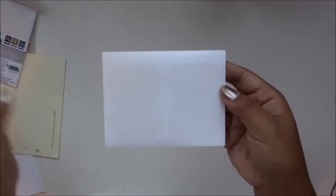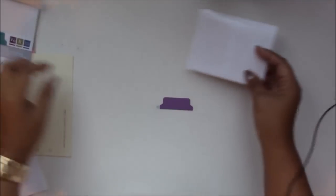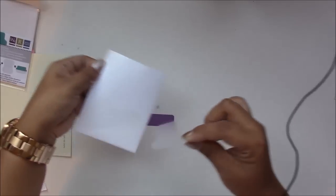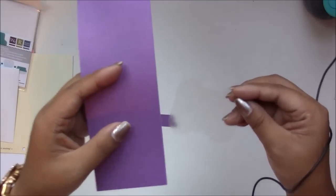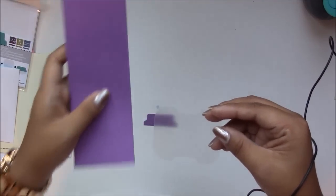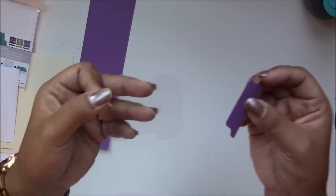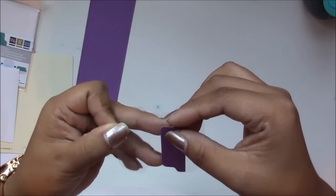So it comes like this. There's 2 on a sheet and they're basically like your lamination. So you would take this out, get whatever paper that you're going to be using your divider for. I'm just going to use this piece of paper here, but you are supposed to... this is how I do it. This is not exactly how they tell you how to do it, but then I would just put this